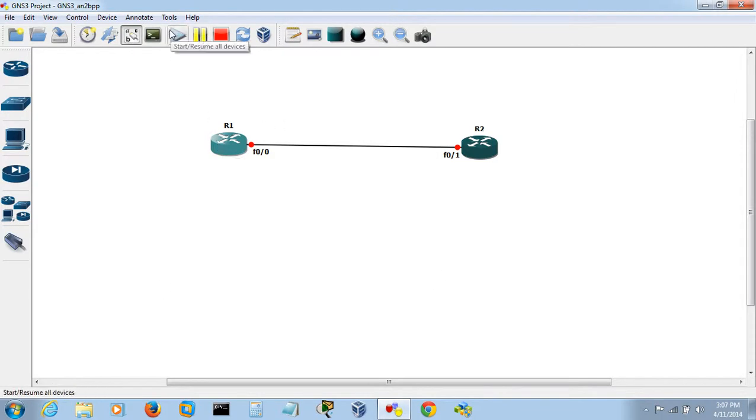If you click on this button, it will start these two devices at a time. See, it's going to start now. It started. So if you want to get the console for these two at a time, just click on this button.